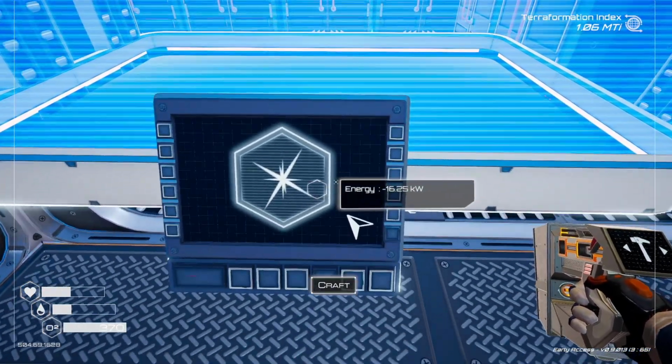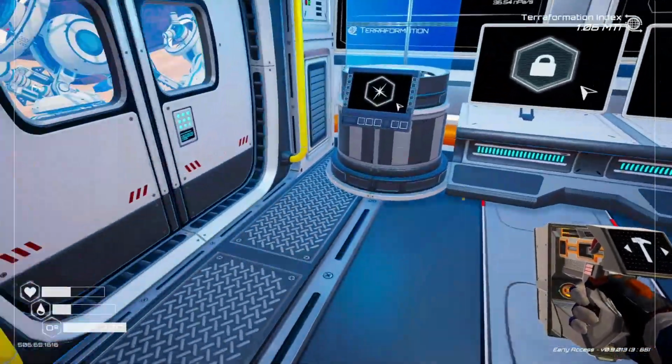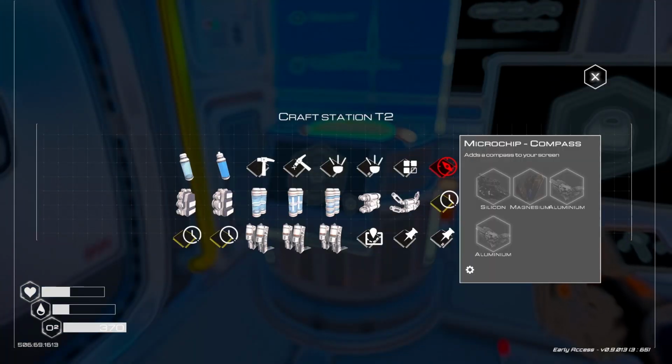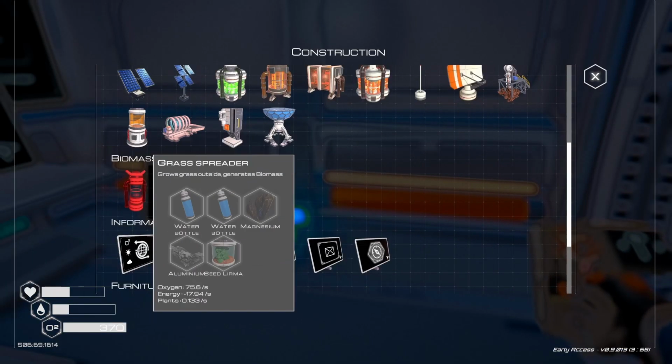Alright, what goes into those compasses? Because we need... it's not here, it's over here. We need, like, 3? 4? Each, 2 aluminum per. And...